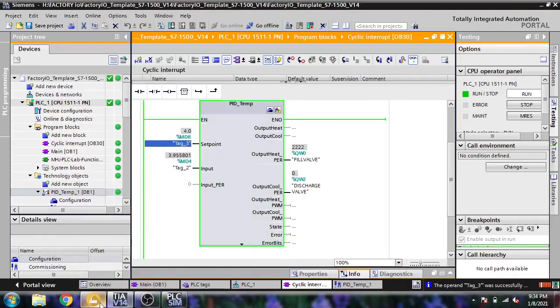And that is how PID Temp works in TIA Portal. You will see how I create a PID Temp and how this PID Temp is going to work. And we just need to check whether the discharge valve is working or not.